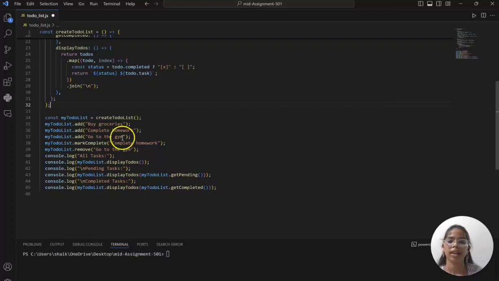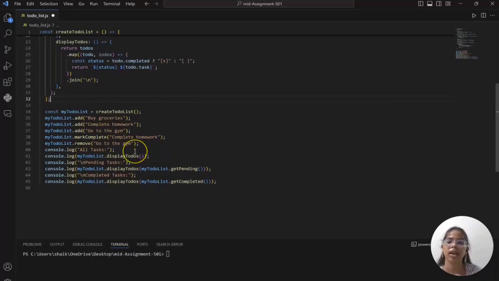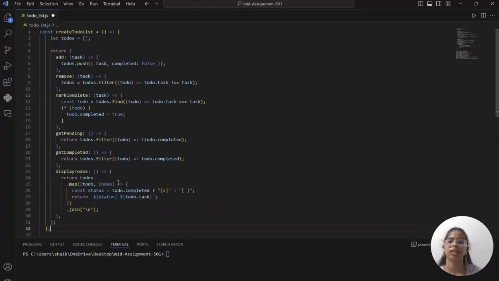Here I added 3 tasks to the array, and after that I used the markComplete method to complete the task, which is complete homework. I marked the complete homework task as completed, I removed the task going to gym, and I display all the remaining tasks. In this way, we are able to implement a to-do list using closures in JavaScript.